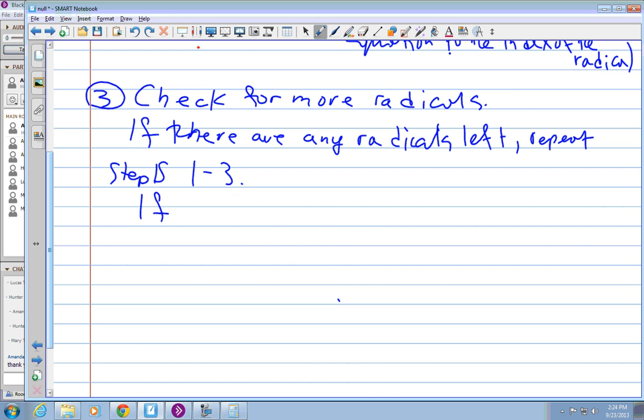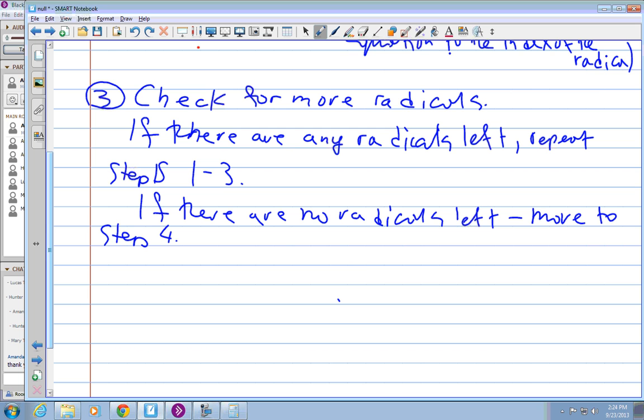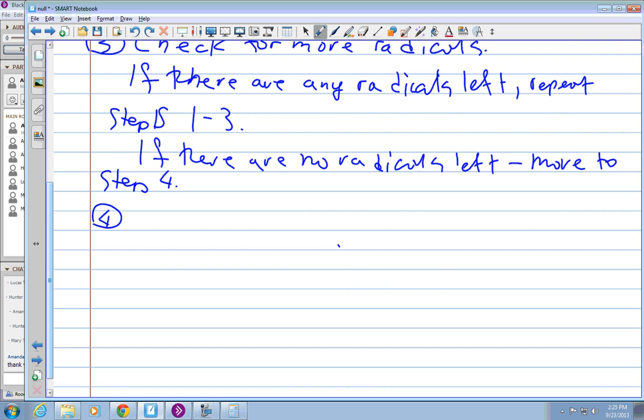If there are no radicals left, move to step 4. So the first part of this game is to isolate and kill, isolate and kill, isolate and kill, till you have no radicals left. And after you do all that, you're just going to end up with some kind of a polynomial-friendly equation. So with no radicals left, step 4 would be to solve the equation. And step 5, which is very important, check your solutions